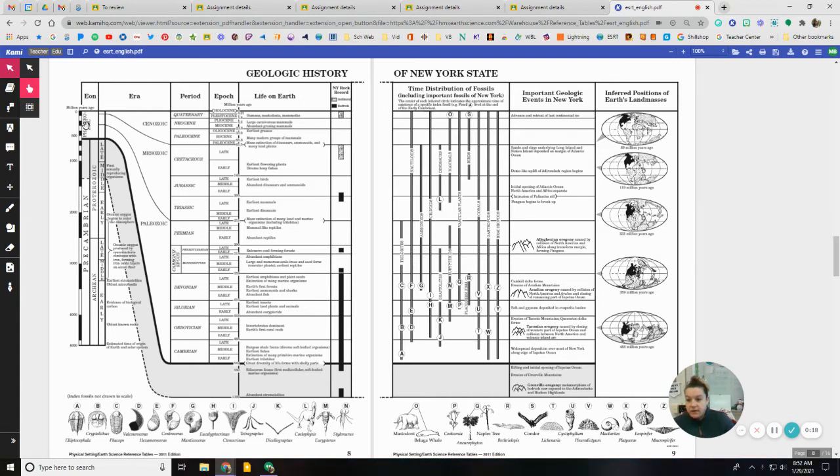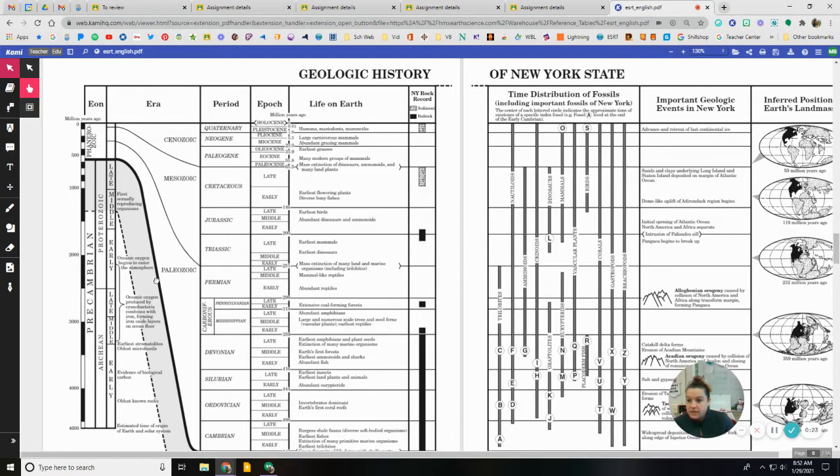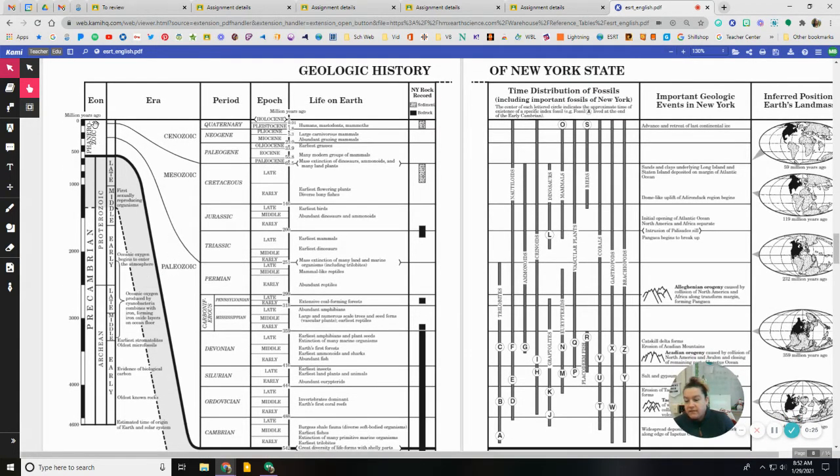So you can see right here, if you follow this down, this is the eons. I'm going to actually zoom in a little bit to show you that we have the Phanerozoic here. This is the most recent. And then underneath that, we have what they call the Precambrian. You can see the millions of years ago listed. Okay, so here's 1,000 million years ago, which is a billion years ago. Here's 2 billion years ago, 3 billion years ago, 4 billion years ago, and Earth actually was created about 4.6 billion years ago. That's how old the Earth is.